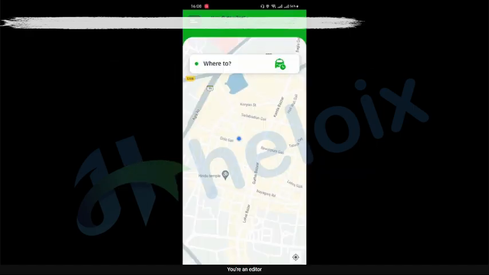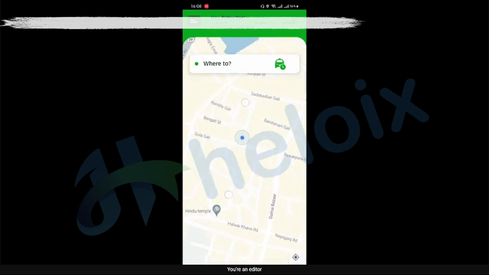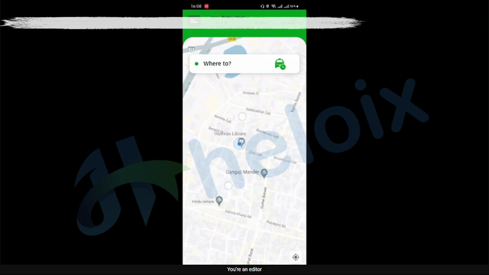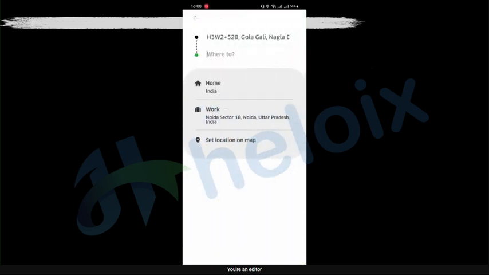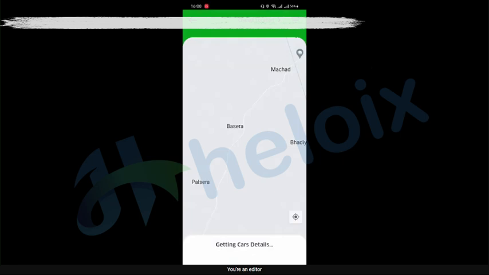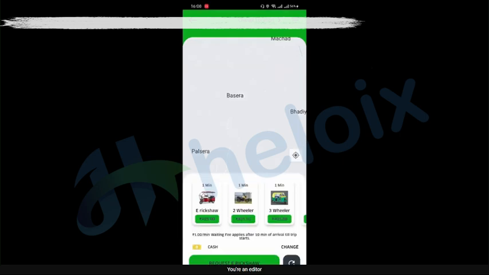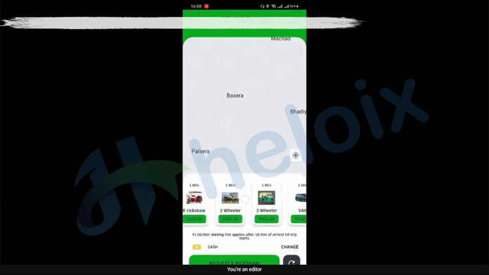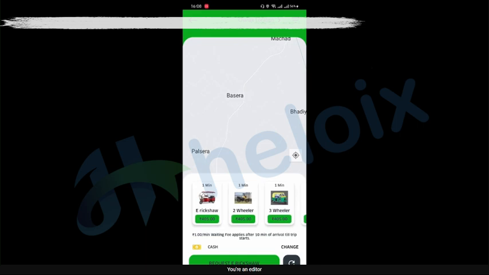Now I'm going to show you the application demo. So this is the application. First we select location, so this is a live location which I'm going to show you first. So this is our live location. When we search where we want to go, here first is our live location, then we select Noida. Okay, then we can check these vehicles which we had registered here. Okay, we can book as well.